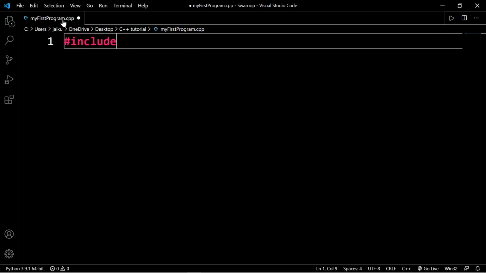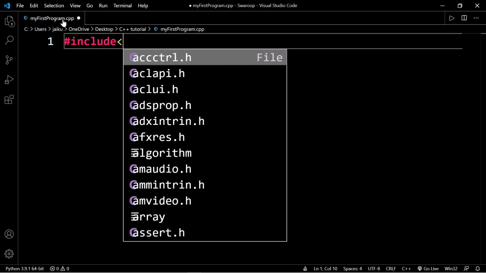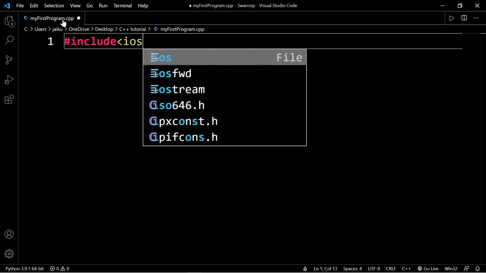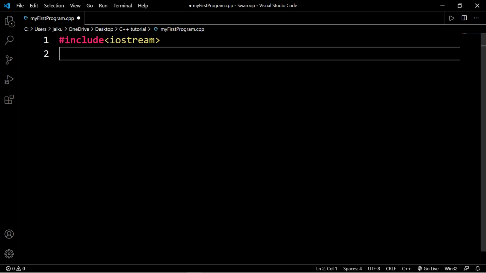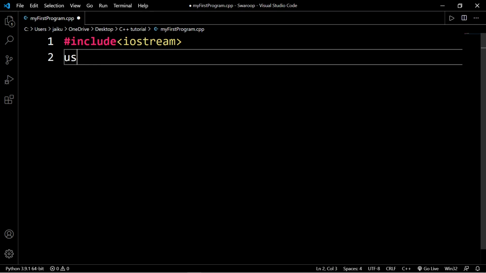There are a lot of files available and we can download a lot of files too, but for now just include iostream, which simply means input output stream, and close it. Now we have asked C++ to include the input output stream file, and the next line was using namespace std.